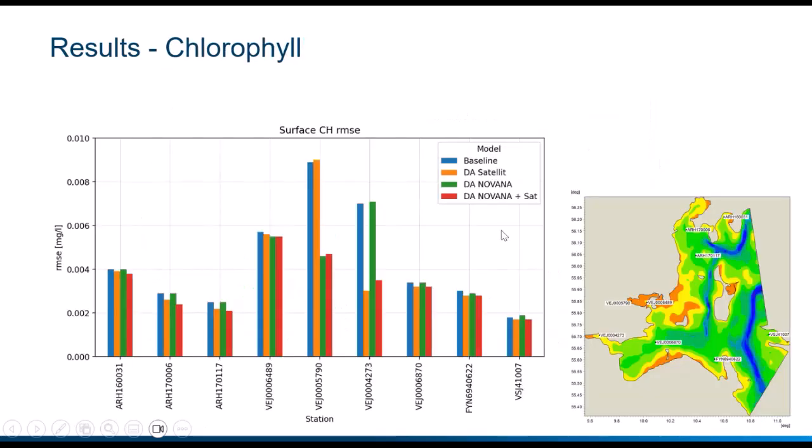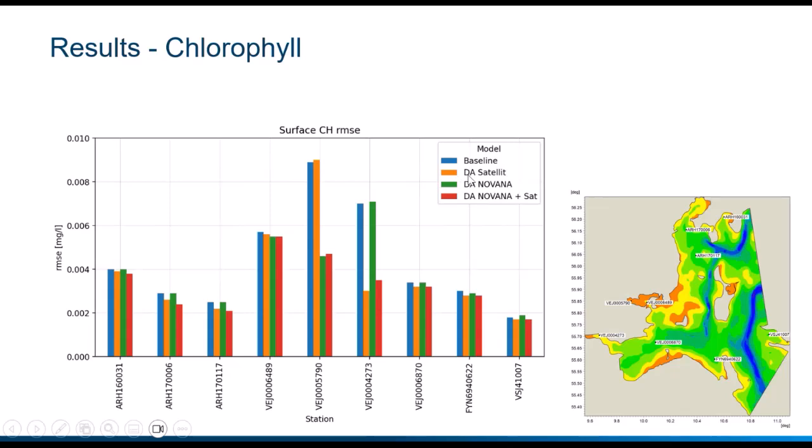If you look at the results overall, then we look at the root mean square error, and what we would like to see is that it is getting reduced. And here we have some different model runs. We have the baseline with the blue, that was the results without data assimilation. And then we have been running the model with 3 different variations of data assimilation.